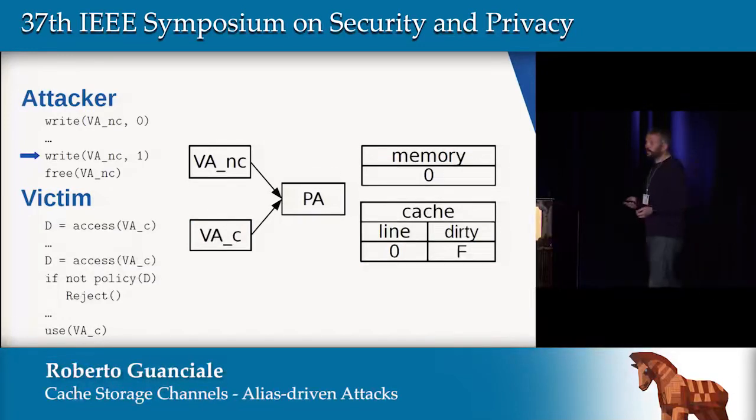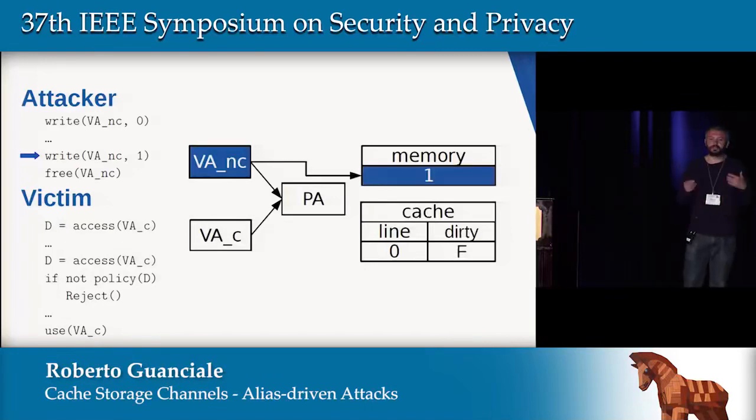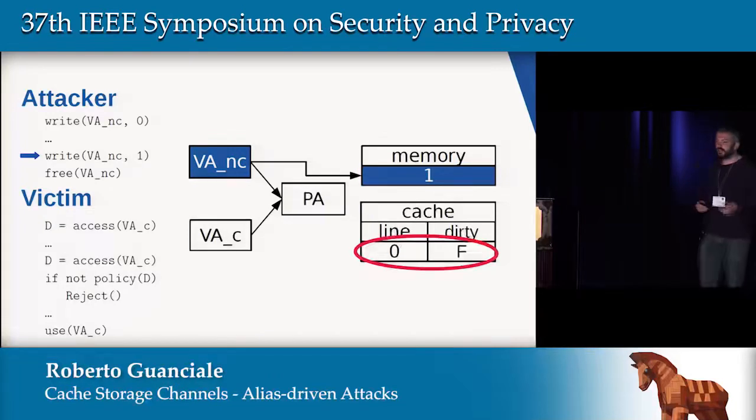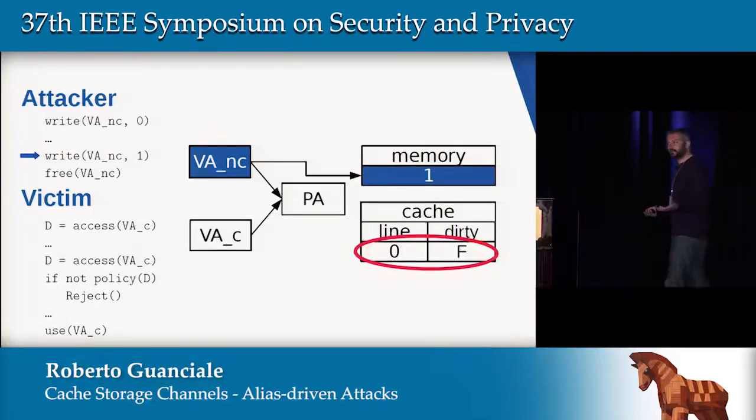The attacker is scheduled again, and this time it writes 1 into the non-cacheable alias. So this is not cacheable, so it writes 1 directly into the memory. The cache is completely bypassed. This is an expected cache hit. Neither the cache line nor the dirty flag is updated. So the attacker finally